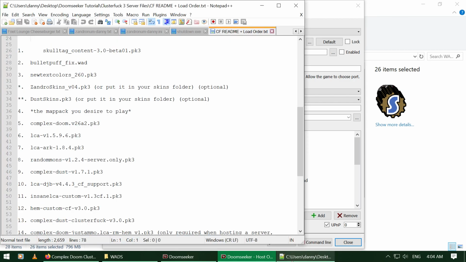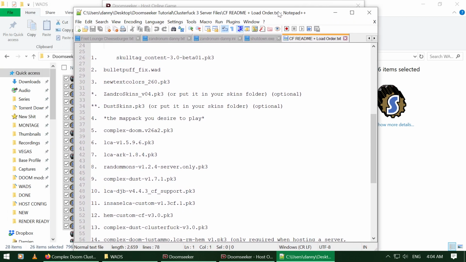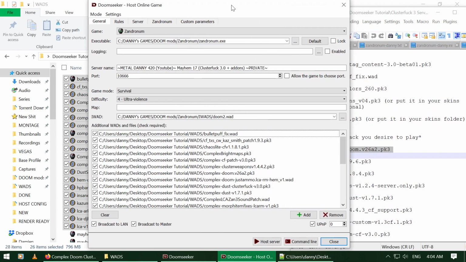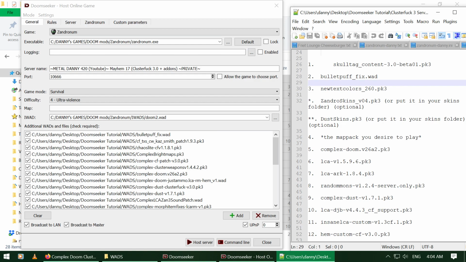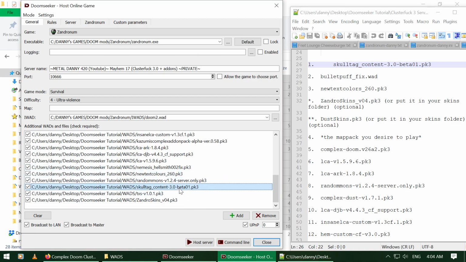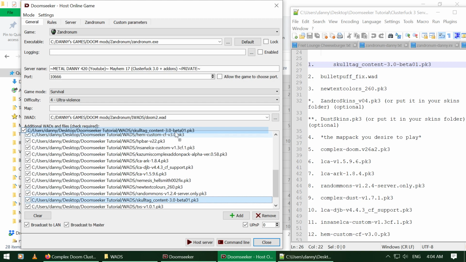And now we're gonna get the important part. You have to synchronize the order of your server to the load order. So I suggest put these two windows next to each other and then go down the order. So start at the beginning, number 1, Skulltag content, find it and drag it up top.